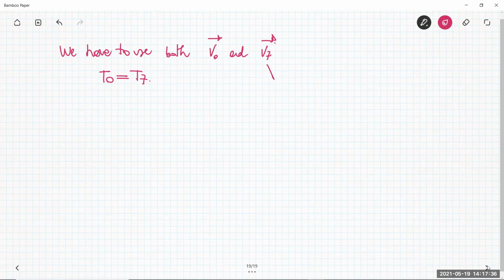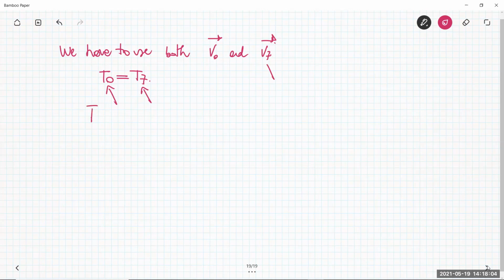In order to do that, the time intervals T0 must be equal to T7. This is exactly a consequence of my previous discussion. If we want to maximize the symmetry of the waveform, we will see something later, tomorrow, that highlights and makes evident this increase of symmetry, that both the time intervals should be the same,